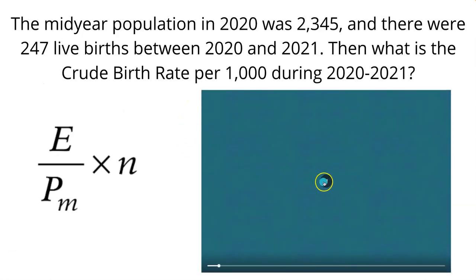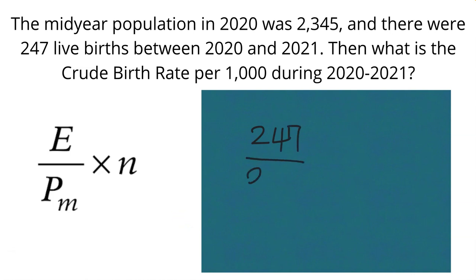Alright, so let's consider an example. Let's see. And the mid-year population is 2,345, multiplied by 1,000. After calculation, this part, 247 divided by 2,345 is around